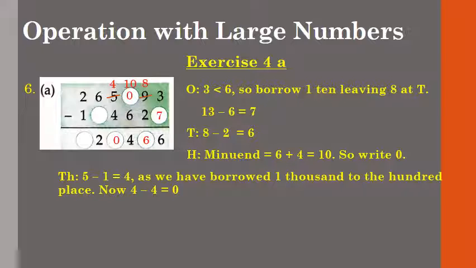Now children, let's come to the 10,000 place. So at 10,000 place, children, see, the minuend is 6 and the difference is 2. So obviously the subtrahend will be equal to 6 minus 2, which is 4. So the next missing digit is 4. Now at the lakh place, which is very easy, 2 minus 1 is equal to 1. So this way we have filled all the missing digits.